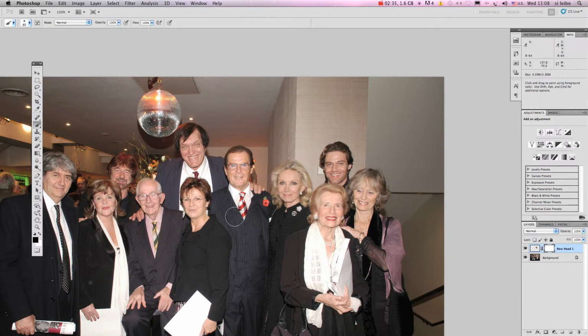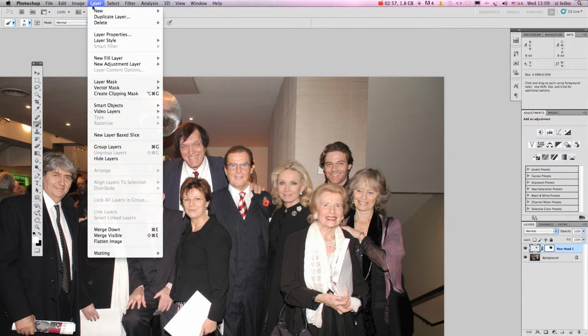There we have it. There we have her new layer, her new head sitting on top of her old head, and it works pretty good. I might want to just finish this off by lightening her head a little bit, because the exposure in the second photograph is very slightly darker than that in the original. I can do this in a non-destructive fashion by adding an adjustment layer, which is layer menu,